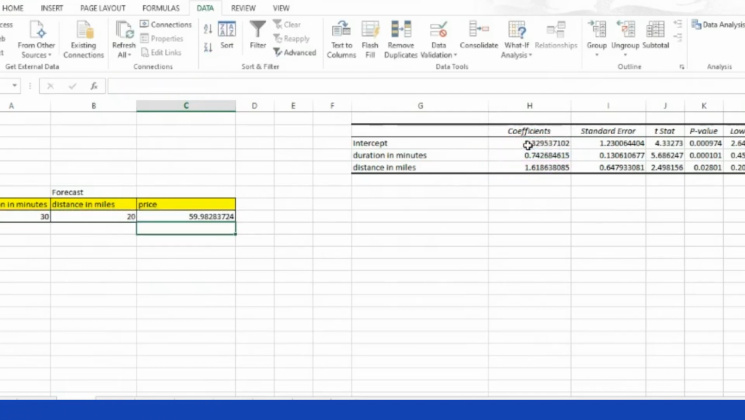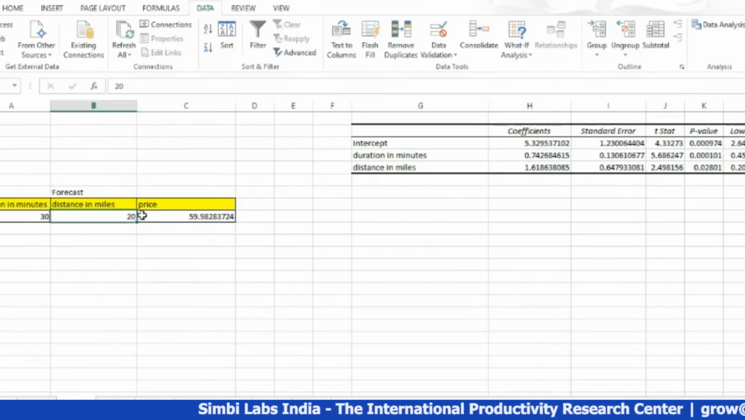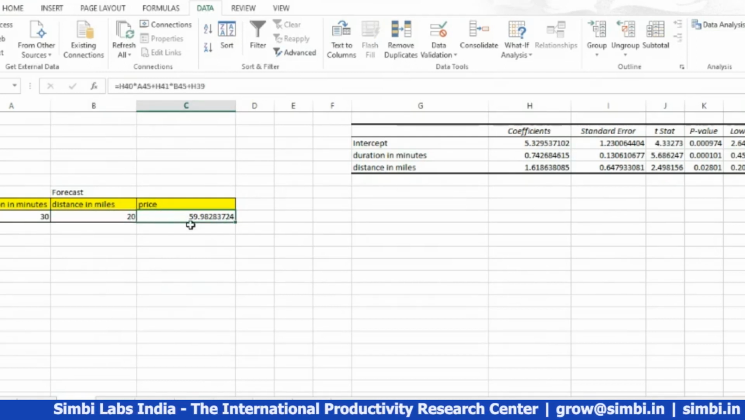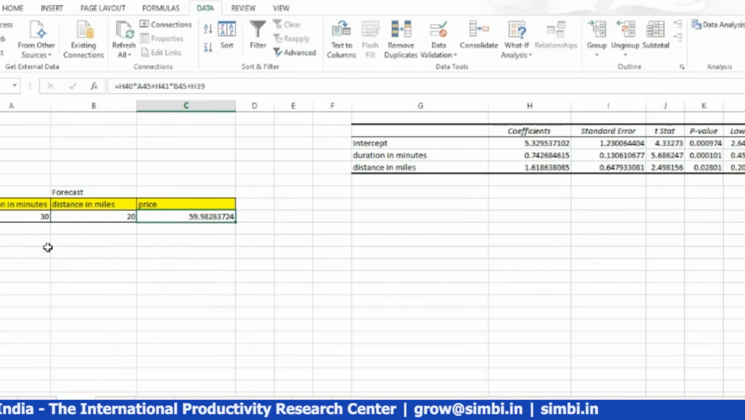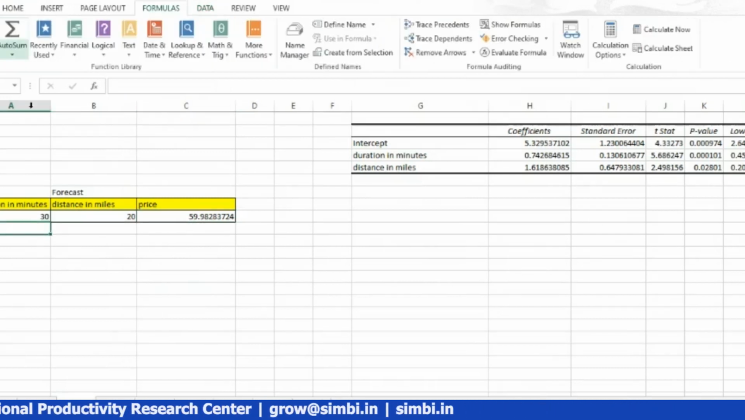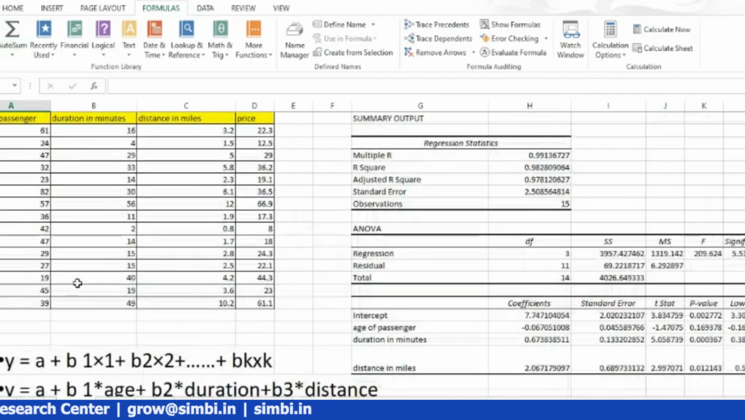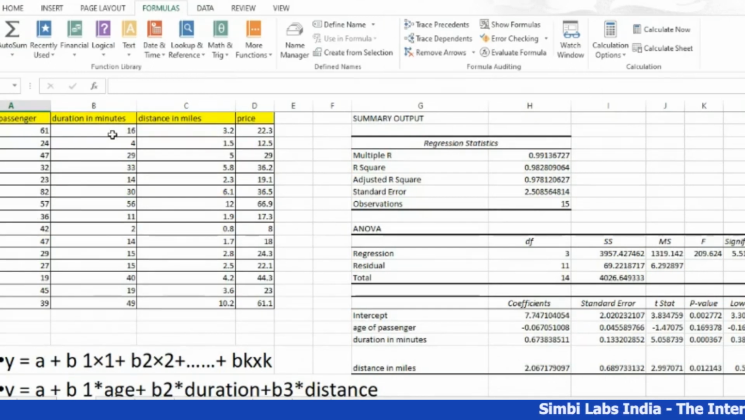And once you click, the price range would be 59.98. So for this many minutes and this many miles, we can estimate the price is 59.98. So not only for this data, we can predict upcoming events, what may happen, by following this multiple regression equation. Not only for this many passengers, for example, if we consider 100 passengers,